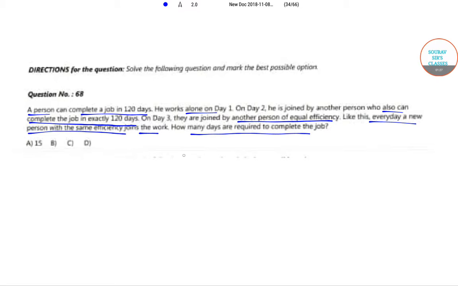Let the number of days required to complete the job be n. Then one person works on day 1, 2 people work on day 2, and 3 people work on day 3. So n people would work on day n. Now each person has the same efficiency. So work